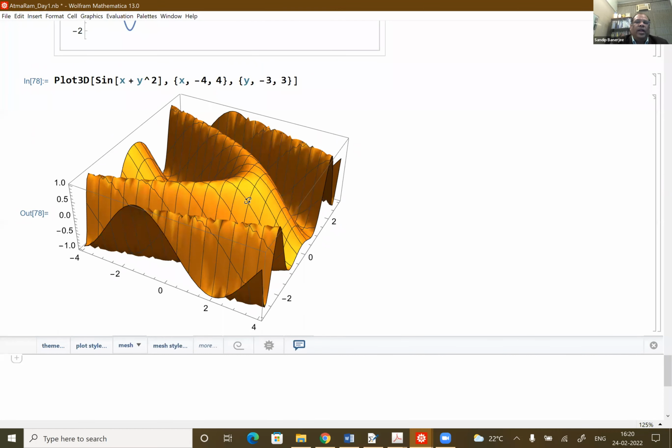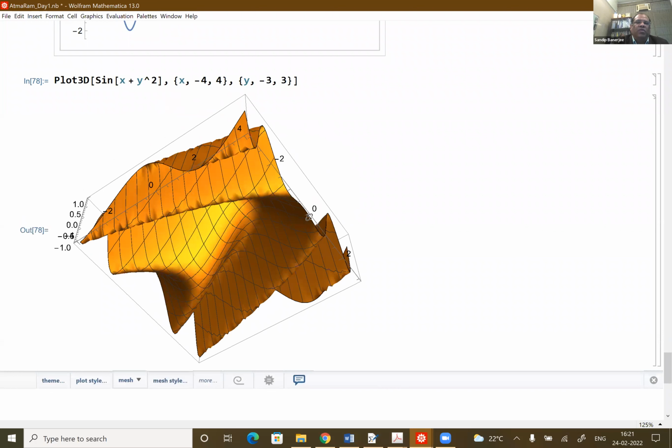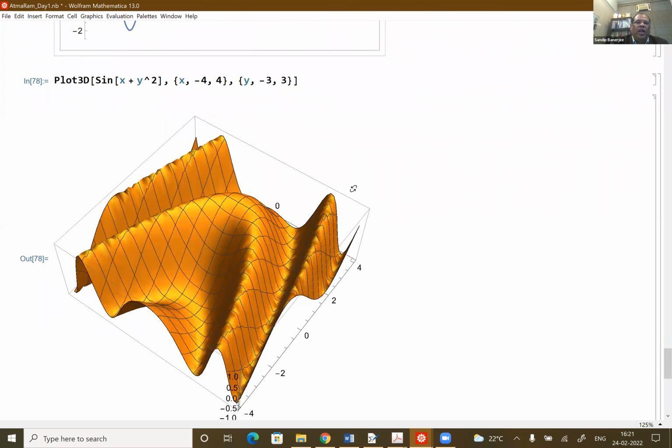So the moment you bring your cursor from here to here, you see this rotatory sign. You press the left key of your mouse and you rotate. And you bring to a position which you feel